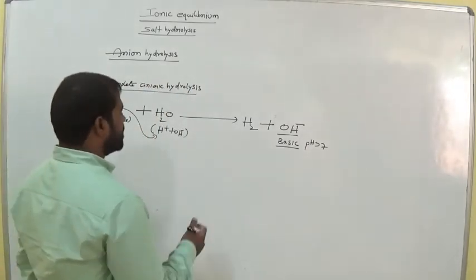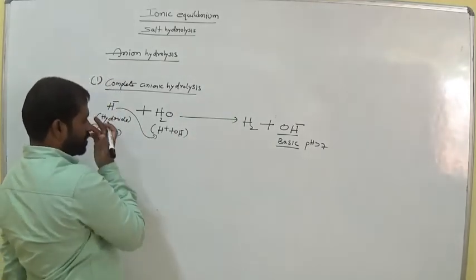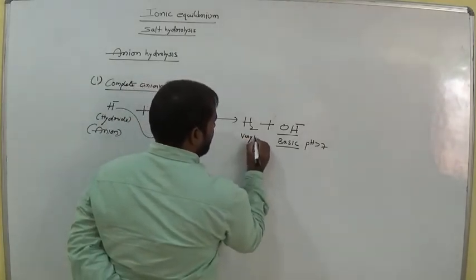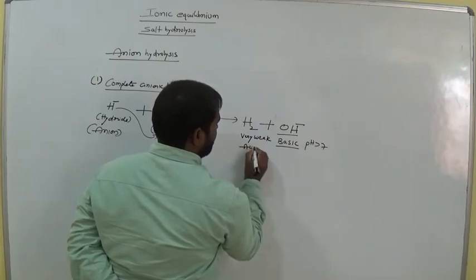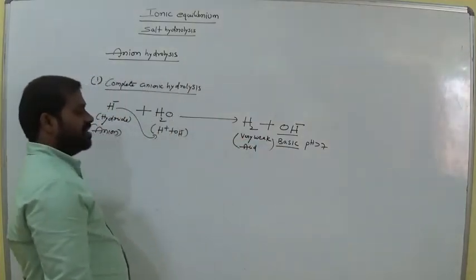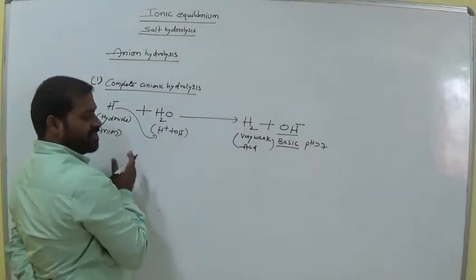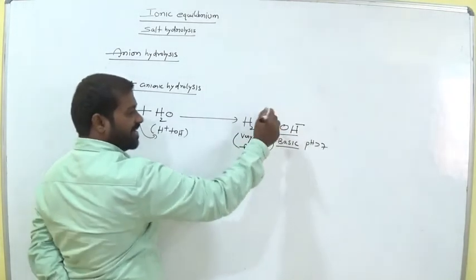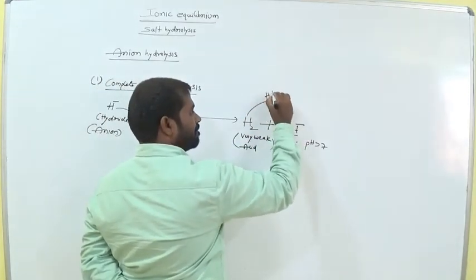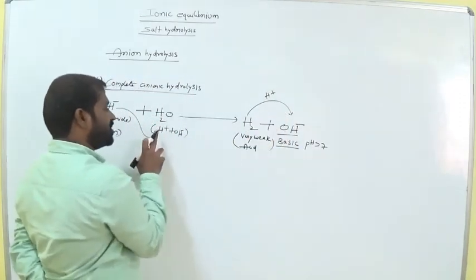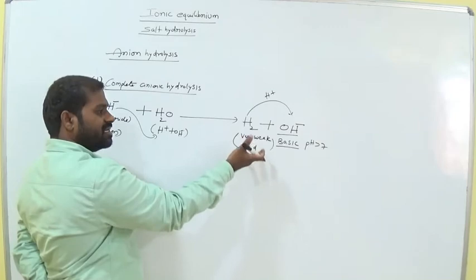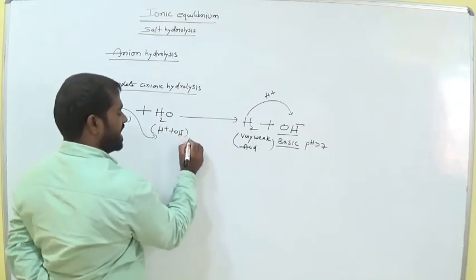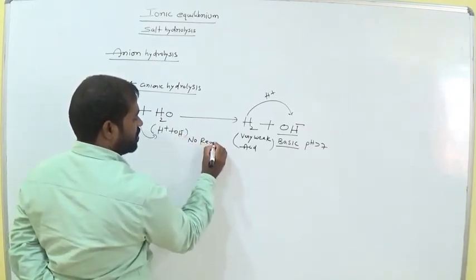So now it is complete hydrolysis, because H2 is a very weak acid. Remember this. Very weak acid. That means there is no reversible reaction. Acid generally means it is able to donate a proton to OH minus, am I right? Now H plus and OH minus give H2. But due to the very weak nature, it is unable to donate the H plus. That means there is no reverse reaction.